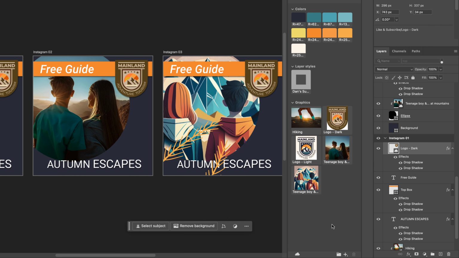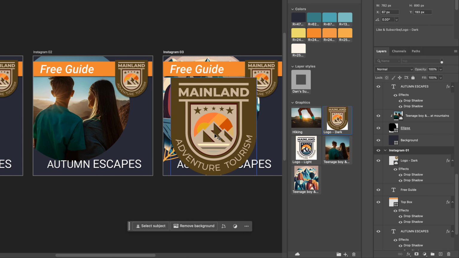Tip number 22 is that might be the reason you hate libraries. You're like, every time I change anything, it all connected to the library is such a pain. You can actually use libraries as a one-way system. Let's say that I want to bring in a light logo now, but I don't want it to update when they change. Actually, let's bring in another dark one. Okay, if I just drag it in and hit enter, it comes in, you can see it's linked,